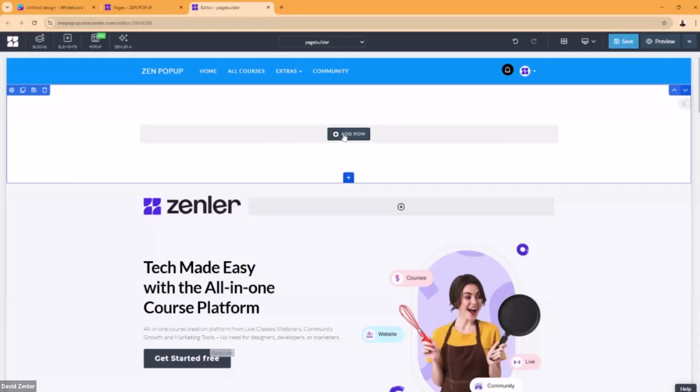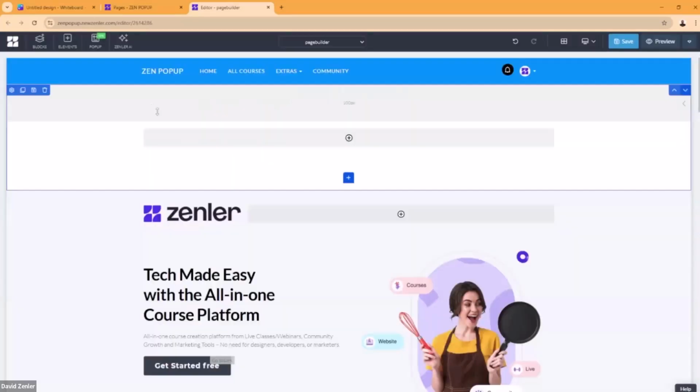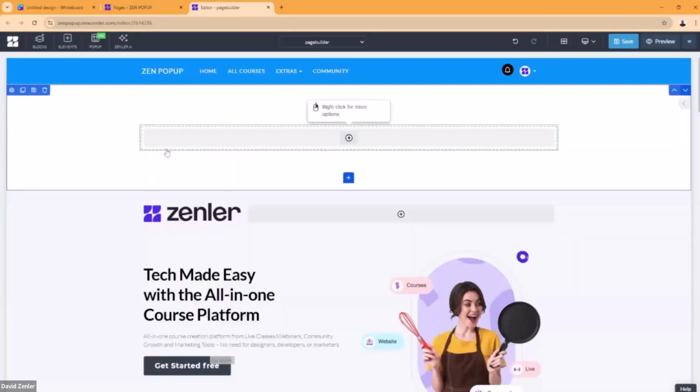So if we go add a row, inside here you have the choice of different rows, but this choice of rows means kind of nothing. And I'll tell you why. A lot of people go, I'm going to go for the 33, or do I go for the 4x4, or do I go for 25, 25, 50? I don't know. Let's just show you. If I click 100% row, you're now going to see inside there, I've got a green one,